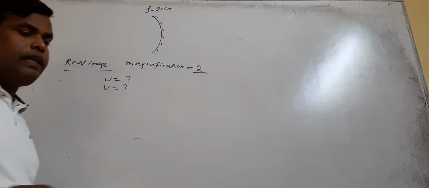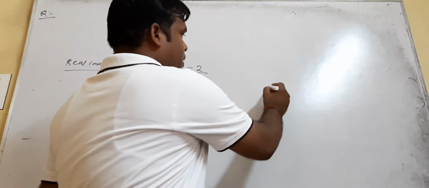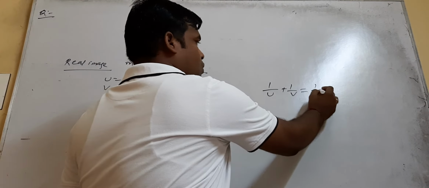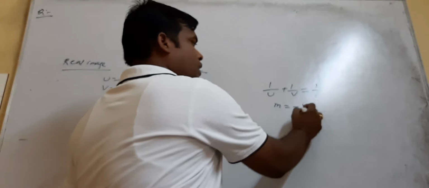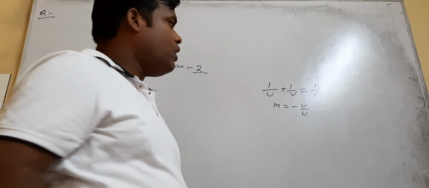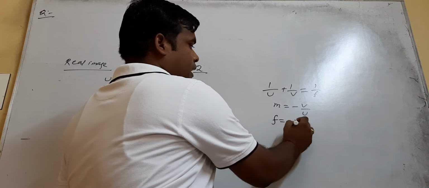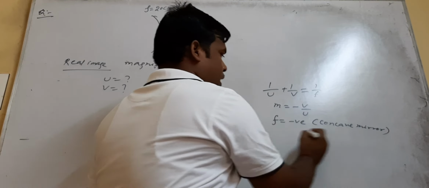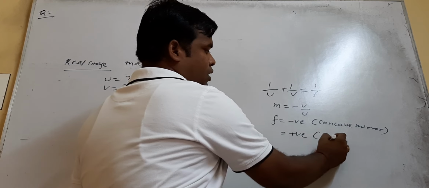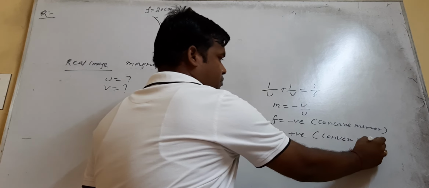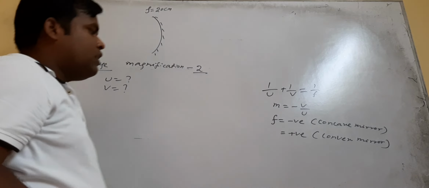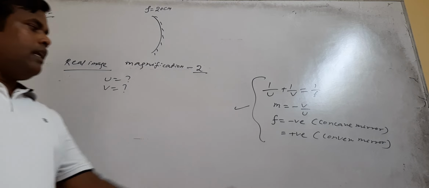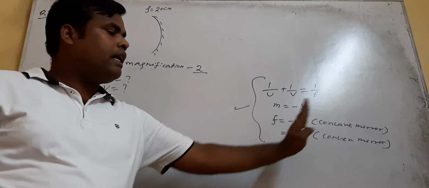So to solve the numerical, you remember the mirror formula, that is 1 by u plus 1 by v is equal to 1 by f. Magnification formula is m is equal to minus v by u, and focal length is negative for concave mirror and positive for convex mirror. So this convention you have to take, and you will take left measurements as negative, right measurements are